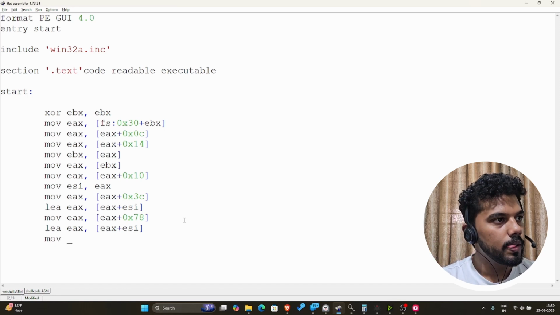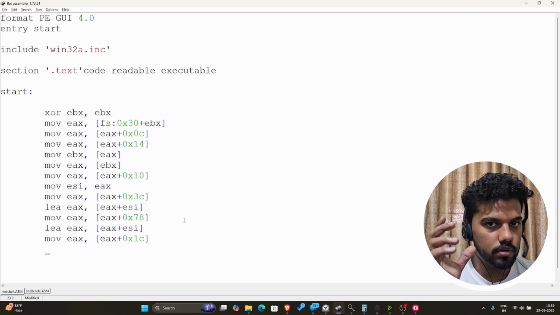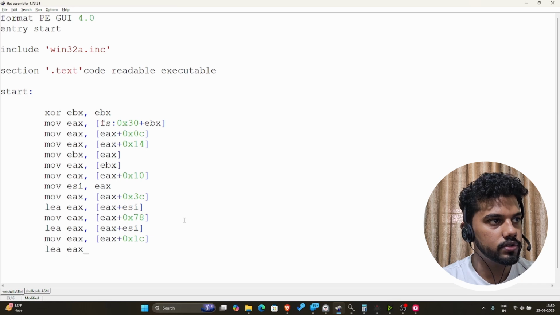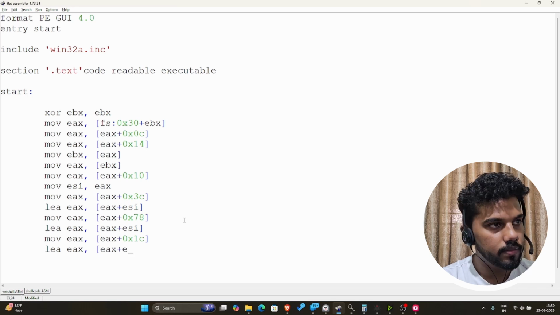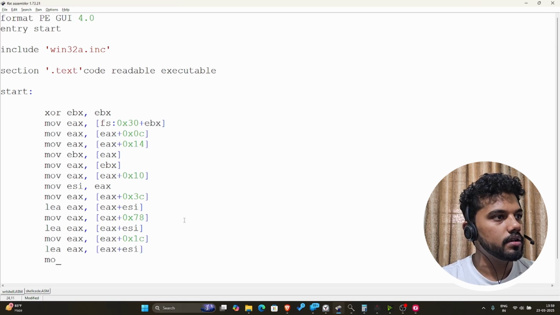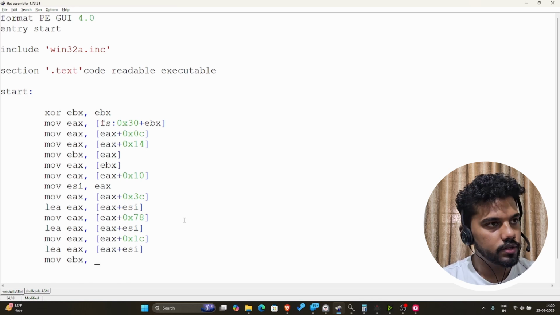So we'll do move EBX, which will have EAX plus 0x1C. So no, we'll do that. We'll store the address to EAX. So load effective address of EAX will be EAX plus ESI. Perfect. And then we'll do EBX. EBX will have what? EBX will have